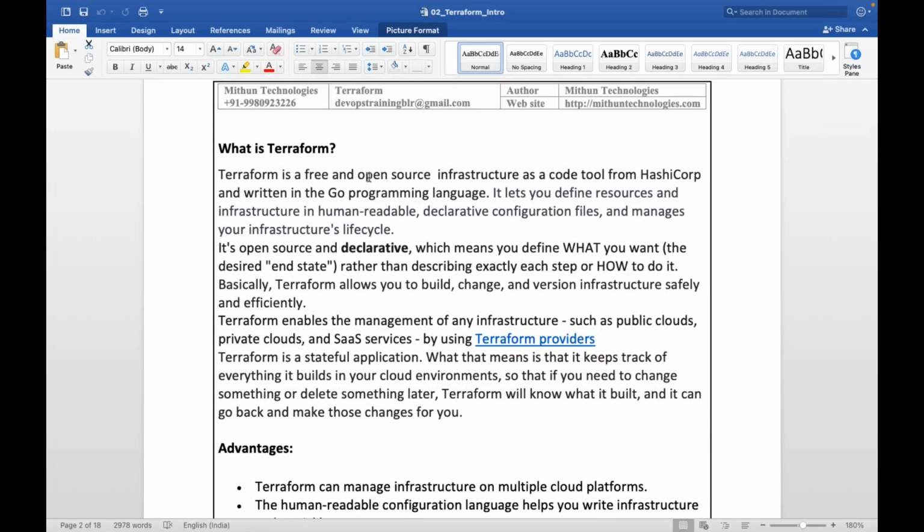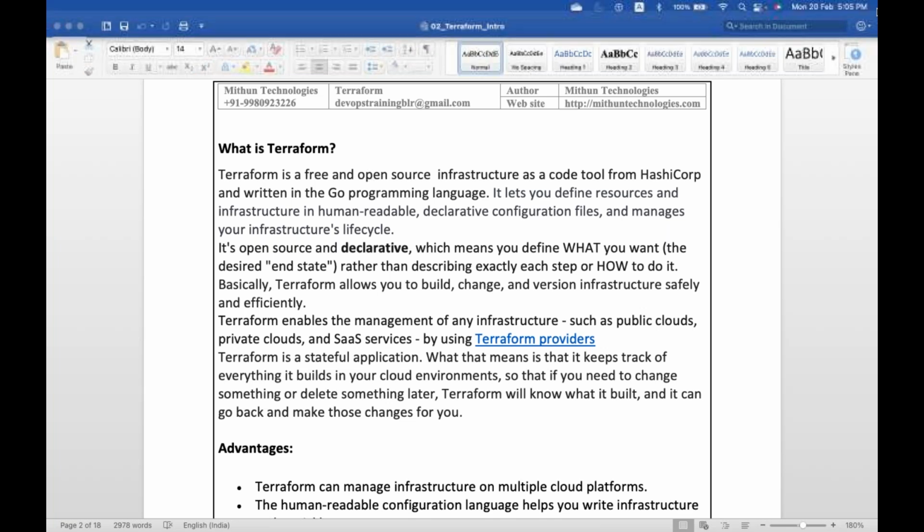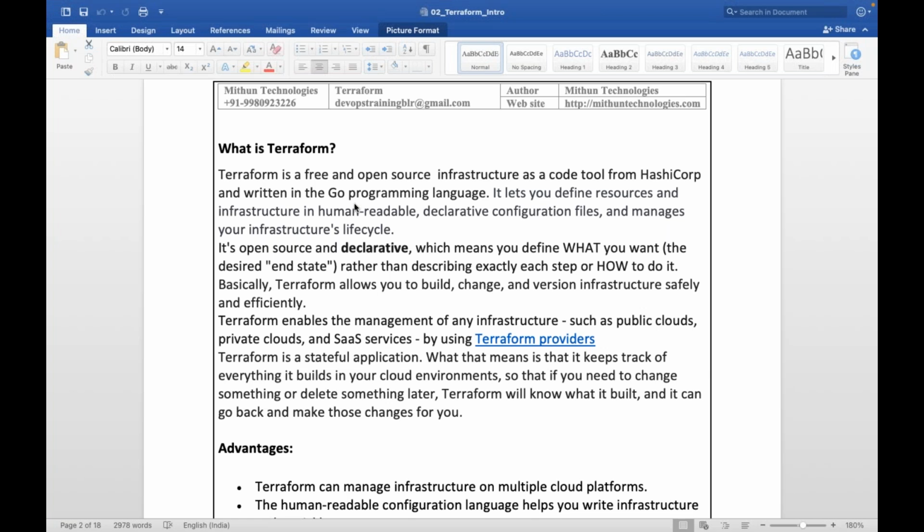Terraform is a free and open source infrastructure as code tool from HashiCorp. Terraform will allow us to define resources and an infrastructure in human readable, declarative configuration files.